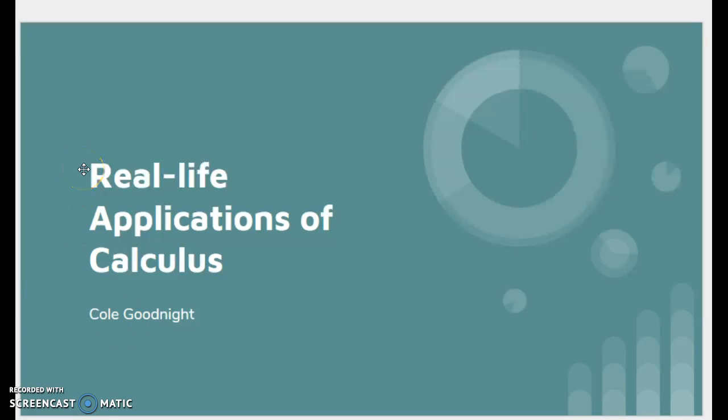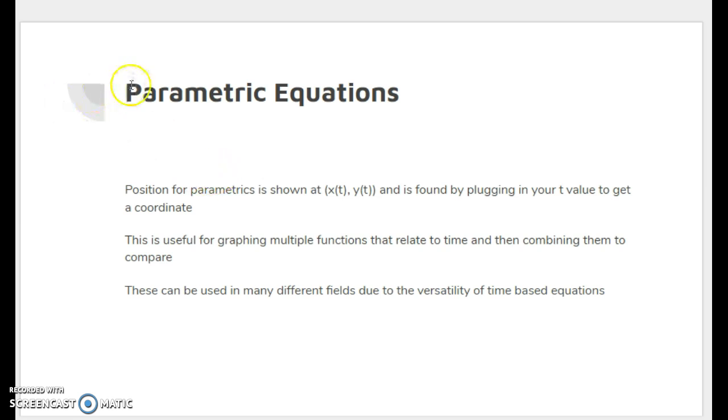These are two real-life applications of Calculus BC that were in this course. So the first one is parametric equations. Parametric equations are a really broad topic. The specific use of parametric equations that I'm going to talk about is comparing them and putting them together to see how